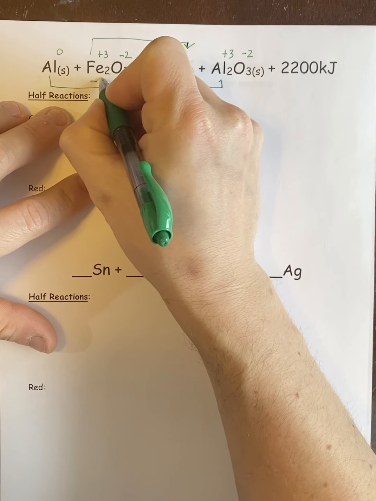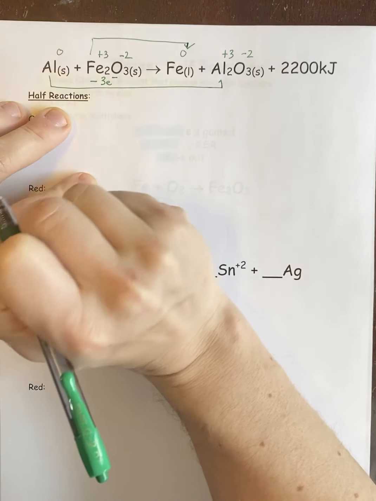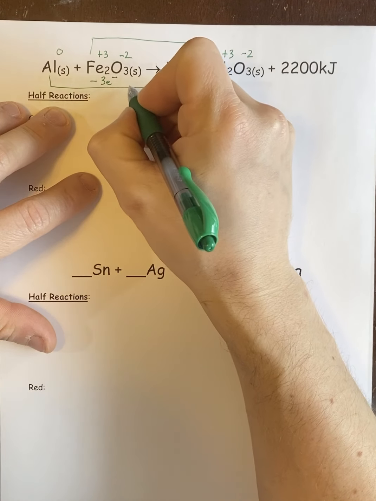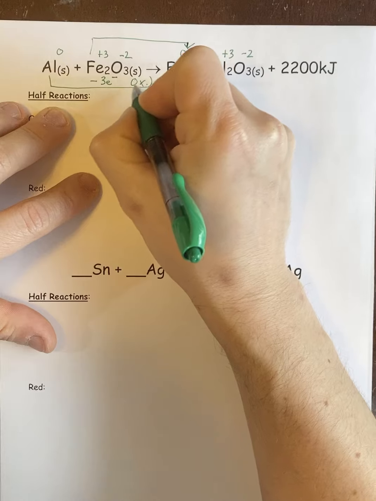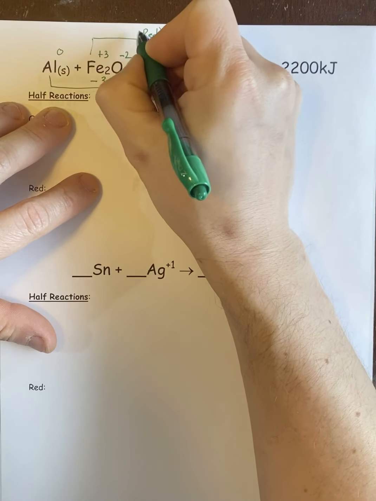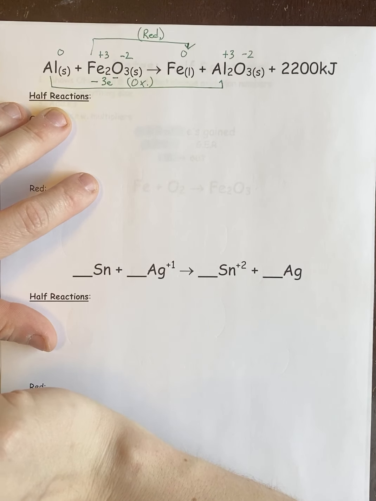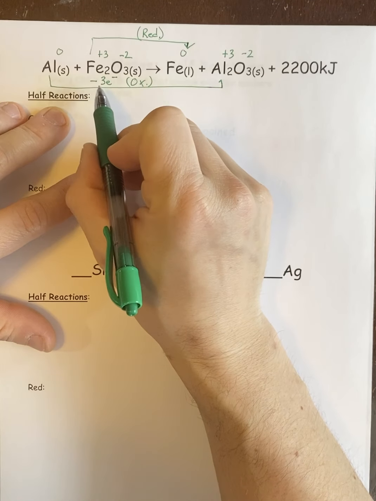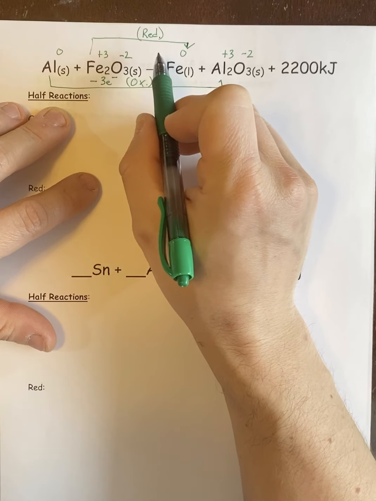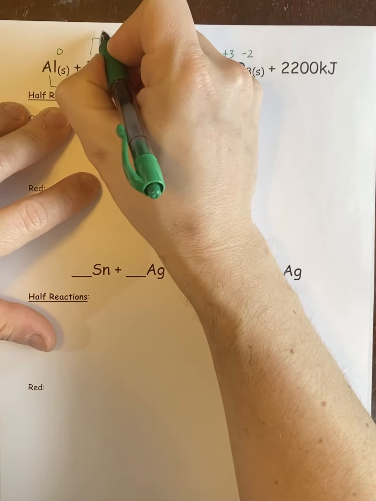That means it lost 3 electrons, or -3 e-. That's how I write it. So losing electrons is oxidation, which means the other side, I don't even have to think. It's going to be reduction. It has to be. And in this case, it doesn't have to be the same amount. It could be a different number, but it has to be reduction in this case. This one gained